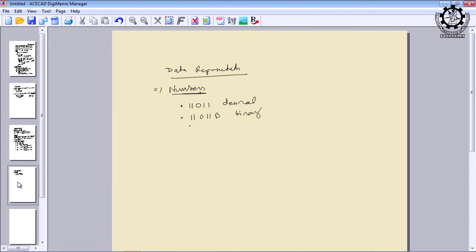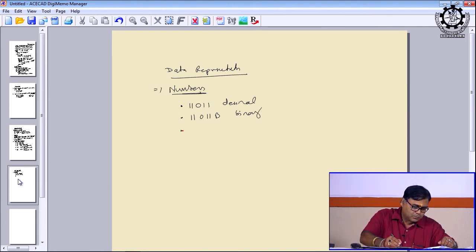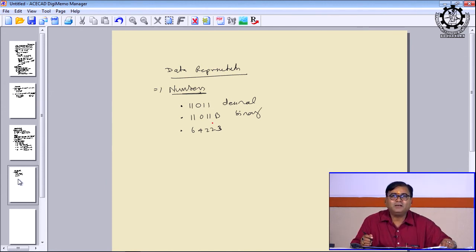Just see the difference. If I am writing 11011, if you do not write anything, that will be taken as decimal. And the moment you write a B on the right side, this will be taken as binary data. This is how you can distinguish binary data from decimal data. So, if I give this example, what type of data is it?